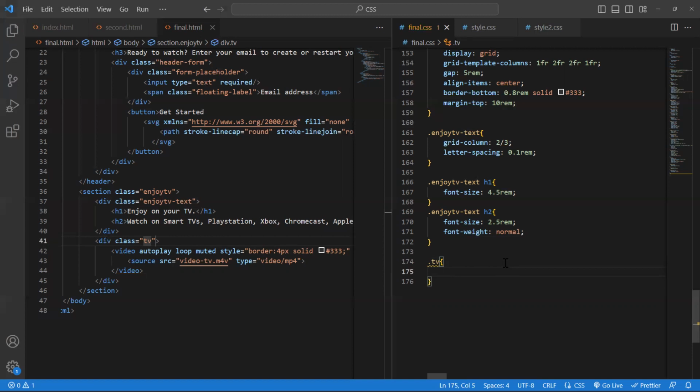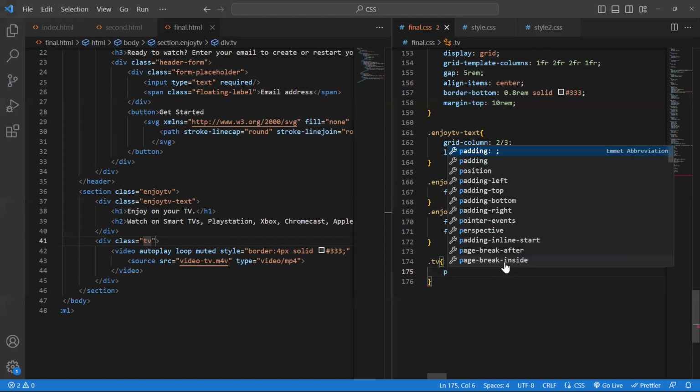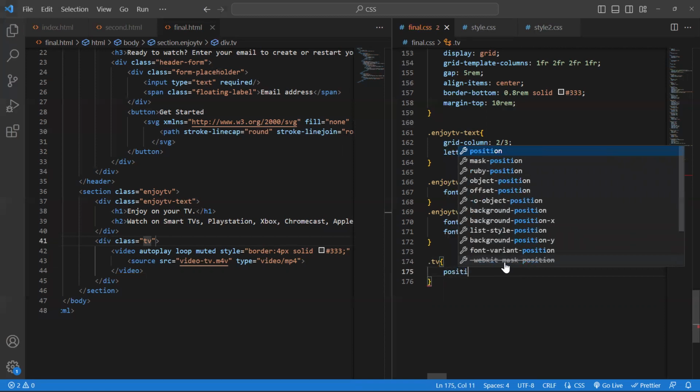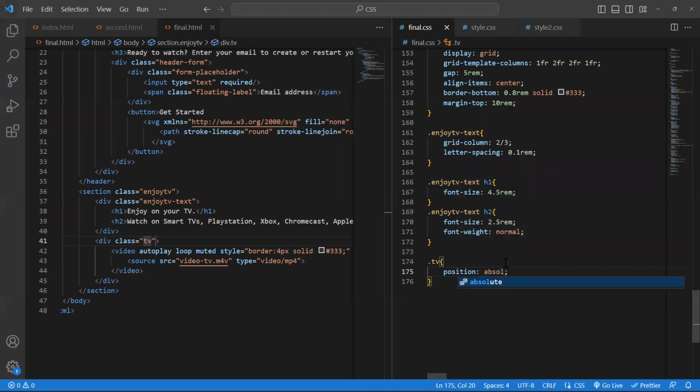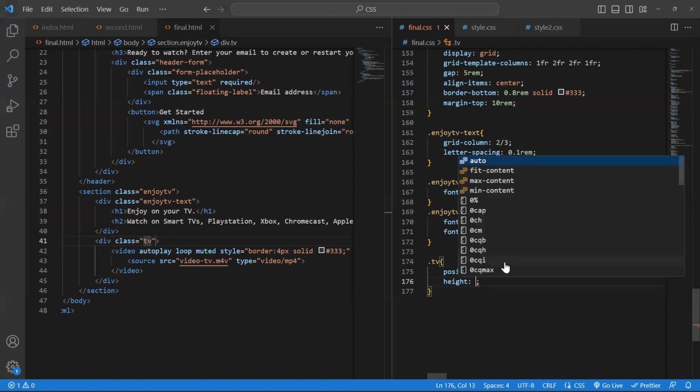If I'm positioning it absolutely, then I have to position it relative to a specific element on the page. So here I'm going to have the TV position relative to the div class. That's the div. So position of, I mean relative, not absolute. And I can also give this the height of